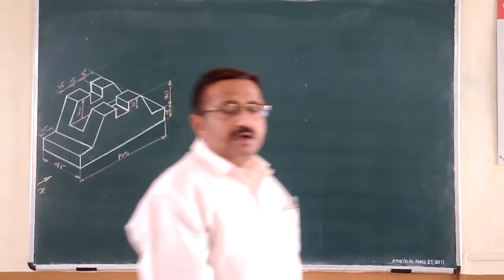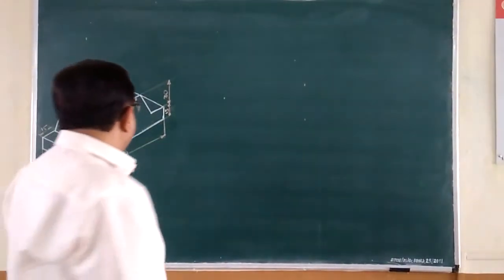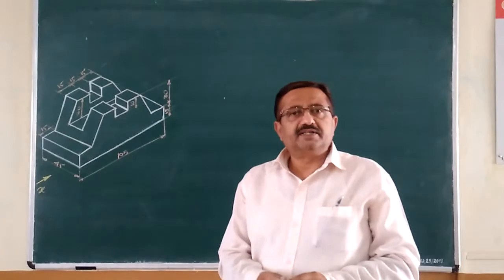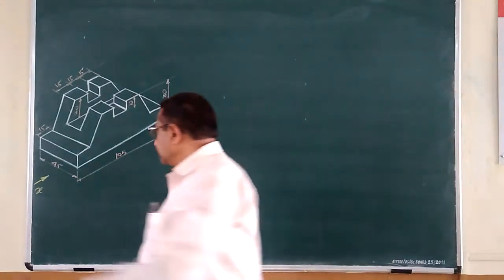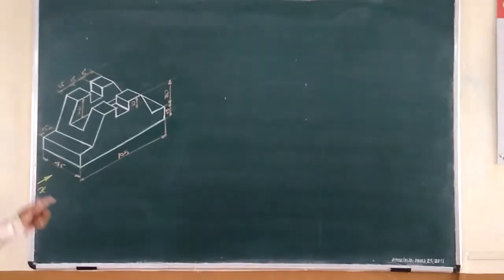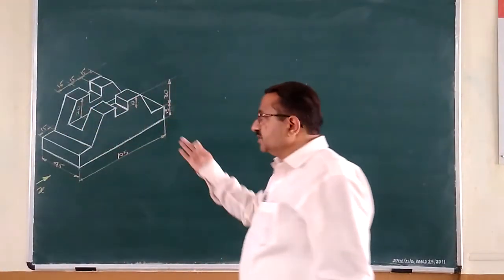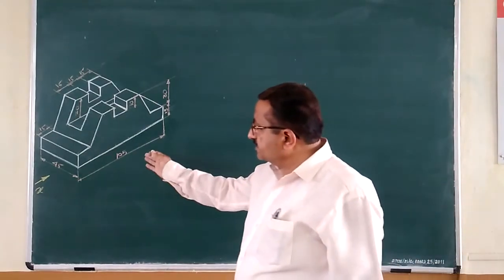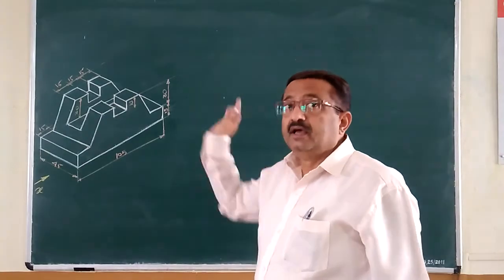So another exercise of orthographic questions we are going to solve today. The question will be as usual: the figure shows a pictorial view of an object. In the direction of X on your left hand, draw its front view, its top view and the respective side view. Here it is specific, the right hand side view, which should be drawn on the left of the view.